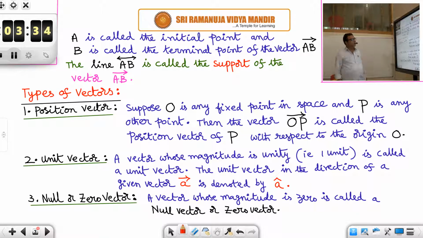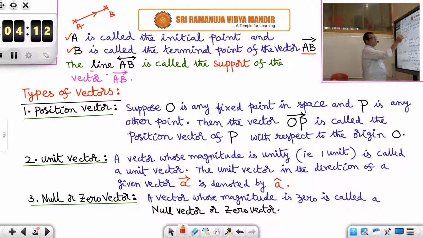For the vector AB bar, from A to B we have put the arrow mark, is it not, in the previous diagram? So I have drawn the diagram like this. I have put the arrow mark like this. AB bar vector. Then A is called the initial point and B is called the terminal point of the vector AB bar. Suppose I reverse the direction, then the vector will be BA bar, and B will be the initial point and A will be the terminal point. For AB bar, A is the initial point and B is the terminal point.